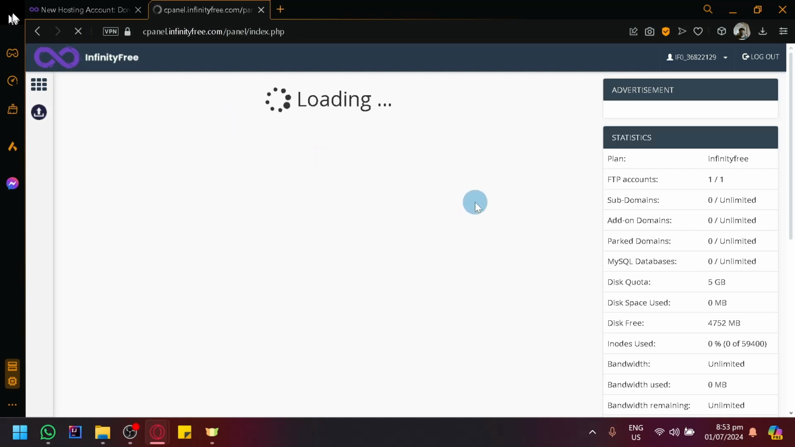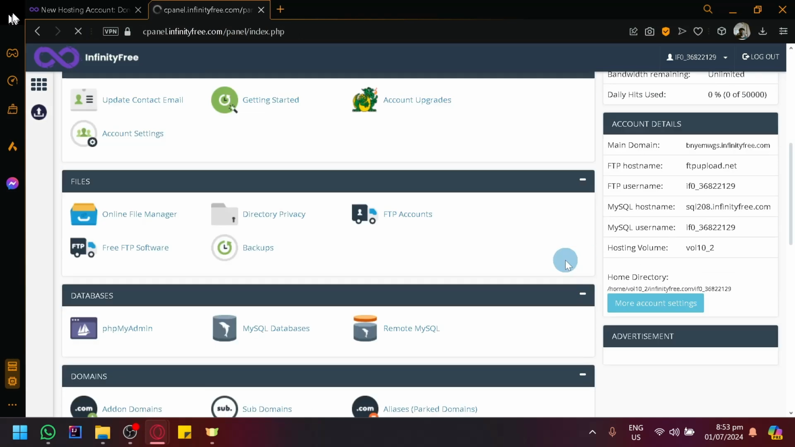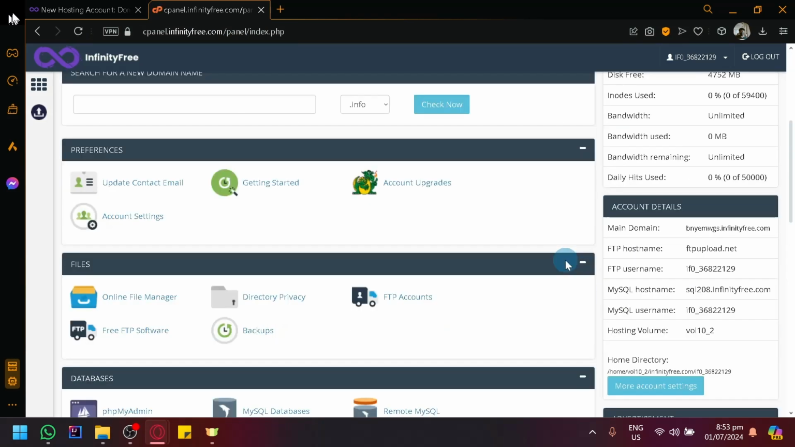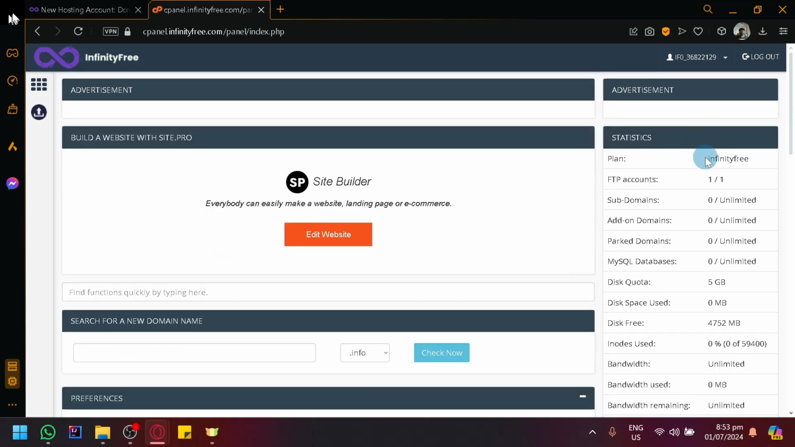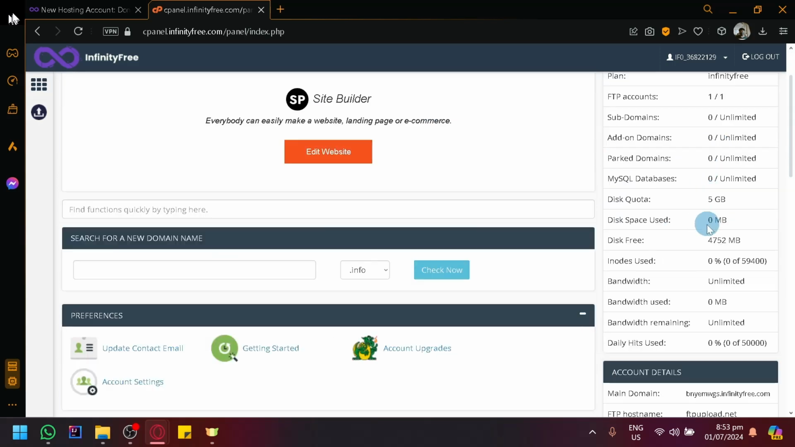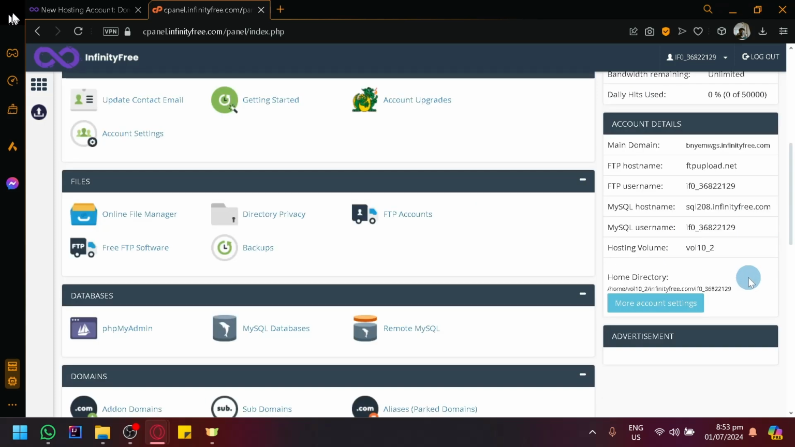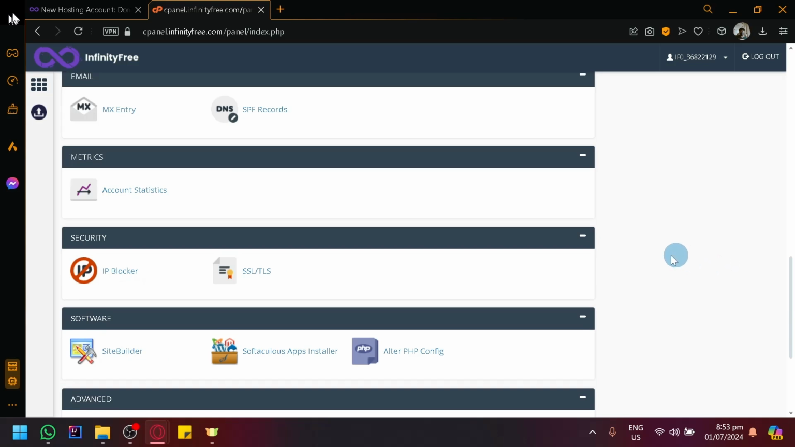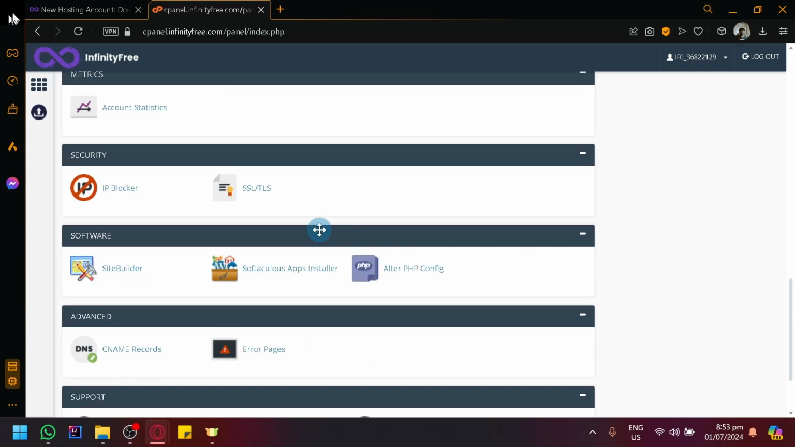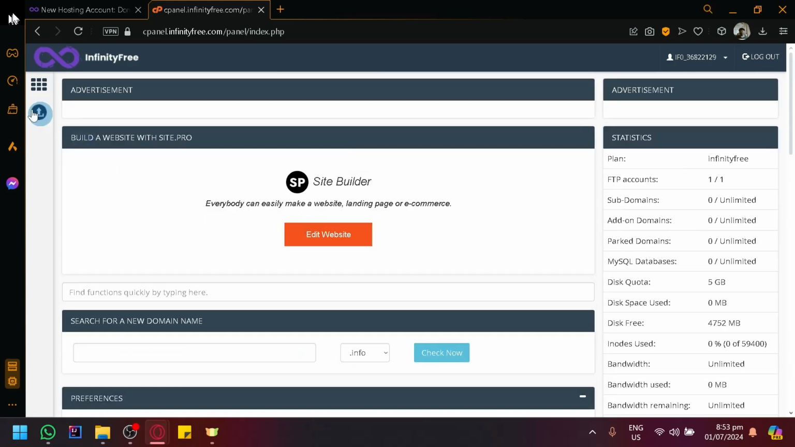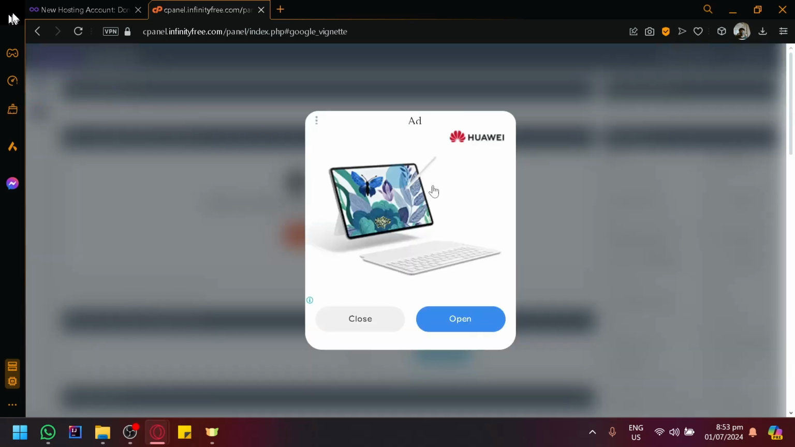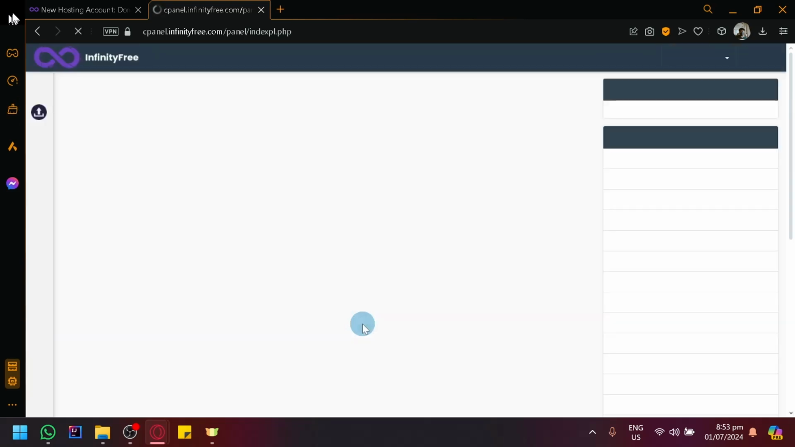There we go. Now basically, this is the section where you will be able to manage all information about your websites. You can see statistics over here on the right side. As you can see, you have your main domain, different information that typically would be very important for your website. So over here, what we're going to do is start with creating our website. So simply click on edit website,